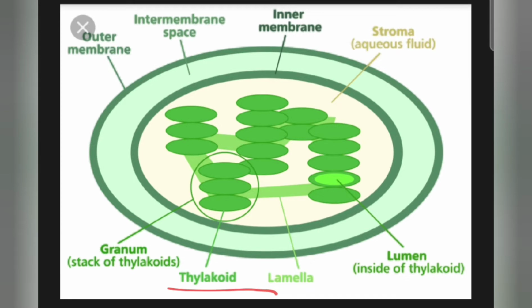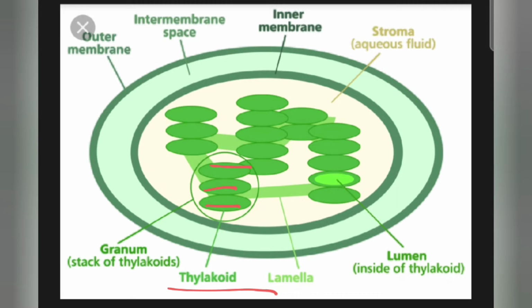Next, coming to the thylakoid. We have talked about the outer membrane, the inner membrane, the periplastidial space. Within the inner membrane there is this gel like, clear transparent fluid known as the stroma, which is the matrix or the base part of the chloroplast. Now what other parts are located within this stroma? Among that is the thylakoid. The inner membranous structure is organized into flattened sacs called thylakoids. So each one of these flattened sacs is known as thylakoid. This is another thylakoid, this is another thylakoid.